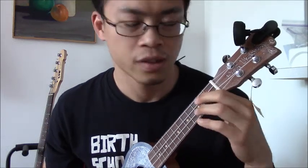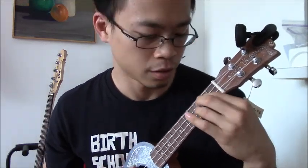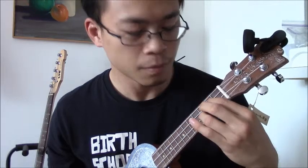It's G, which is open, second fret, third fret, sorry, second fret. So that's what it sounds like individually, and then if you strum it, G major 7,